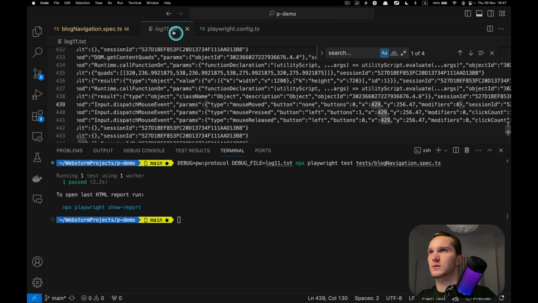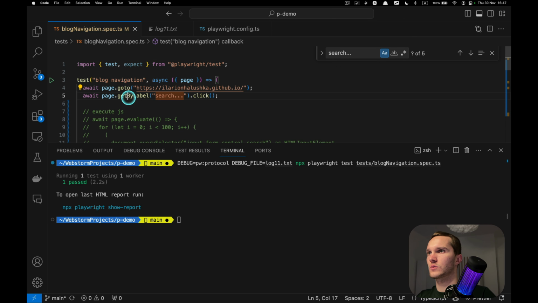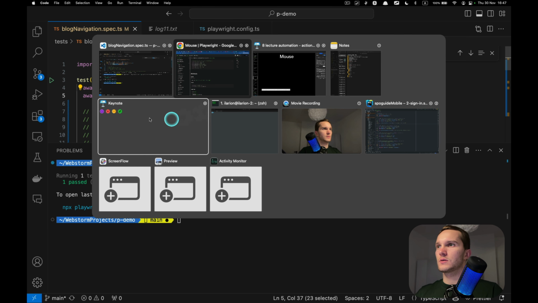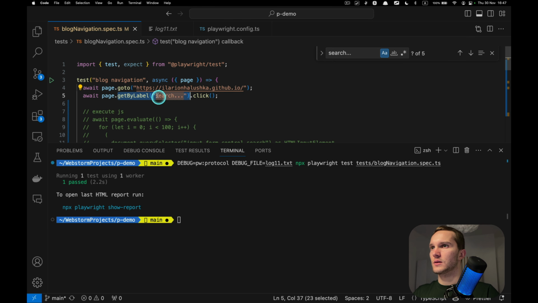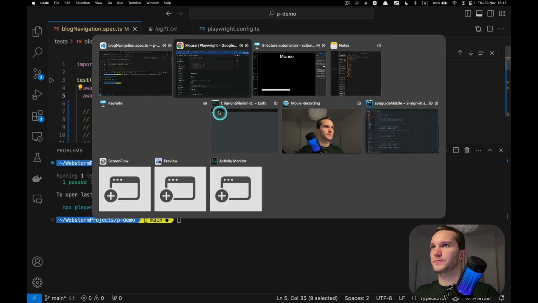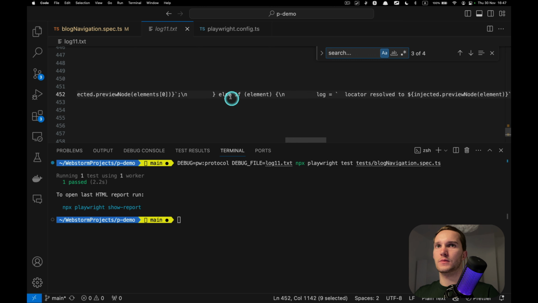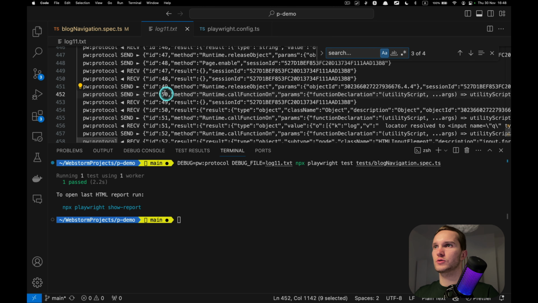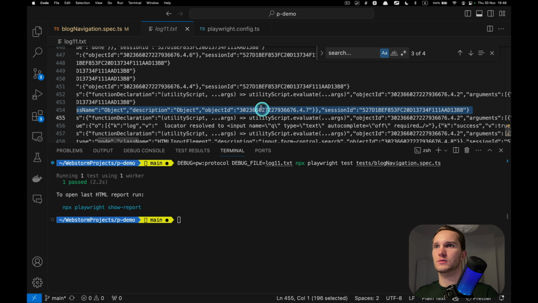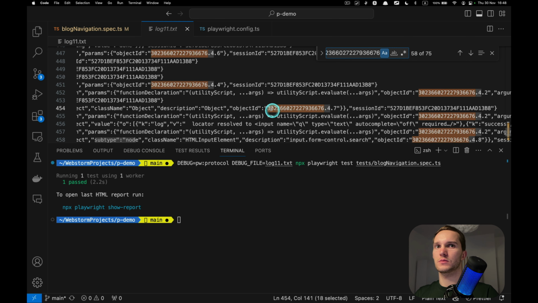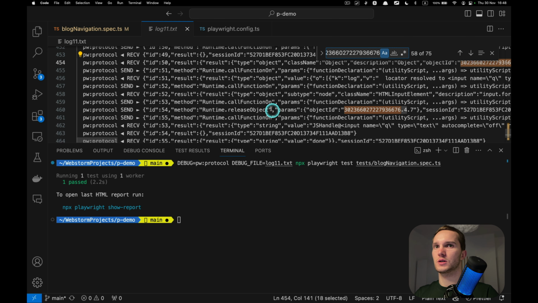So we get this element by label, search. And then Playwright gives us some object ID.